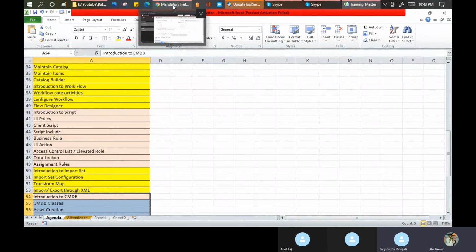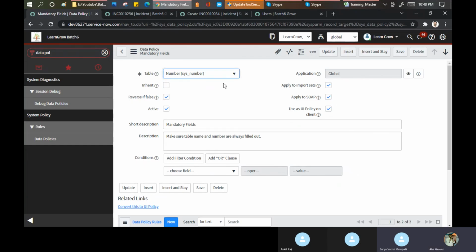Atul, I think I missed it earlier. Regarding this tool-to-tool integration, we'll be using this Excel or this. No. Tool-to-tool integration means that you are bringing some data from another service now to this service now. Yeah. So we will create something in my service now instance as a transform map. कि data पहले temporary table में आएगा, then वहाँ से commit होके actual table में जाएगा. So we'll be using like the main thing which is preferred is transform maps. Transform map is one of the thing, and we are using the REST or the SOAP APIs for the same. It is a completely different topic. Integration is a totally different topic.